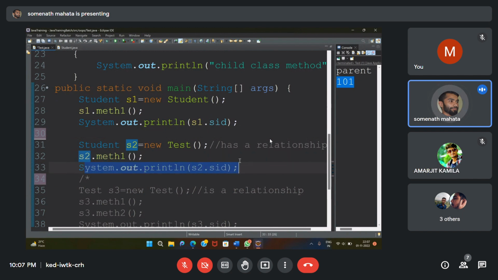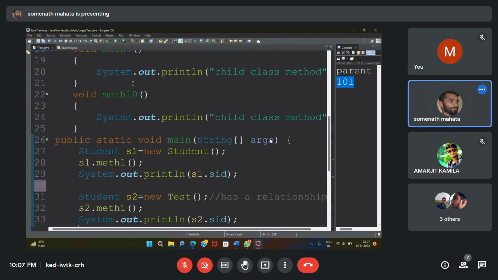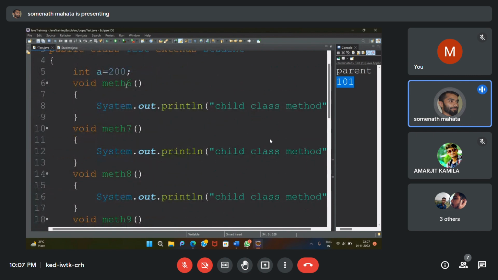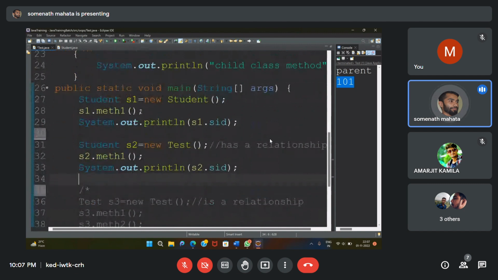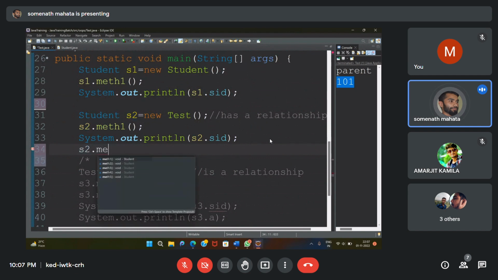Okay, so now I want to call child class method also. So see, what are the child class methods? Method 6, method 7, method 8. So these are the child class methods. I want to call this method 10. So s2 dot method 10. See, I am getting error